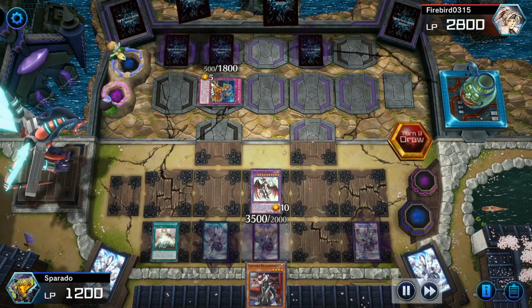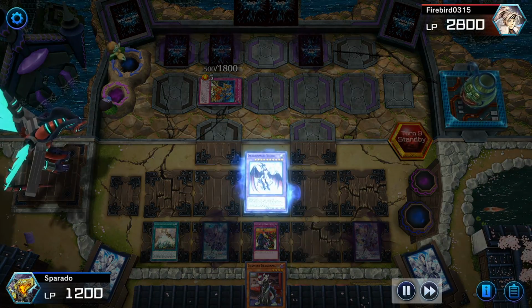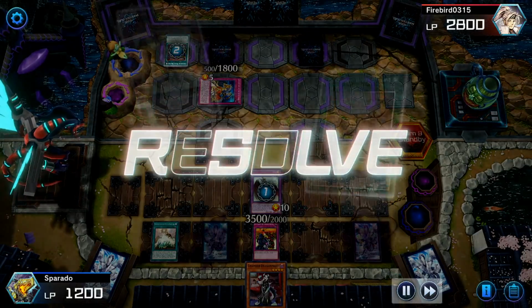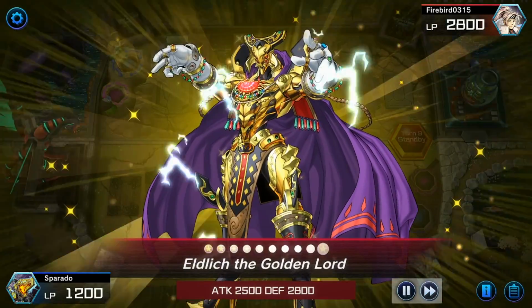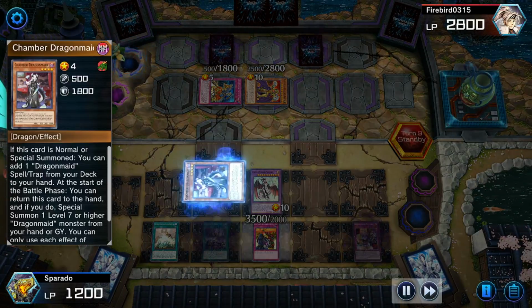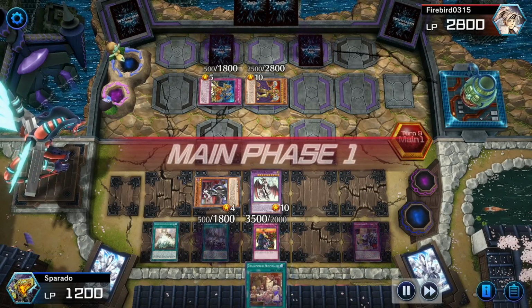I'm going to shotgun the Rivalry, and then I'm going to try and get into my Xiao. Xiao's going to special summon a Dragonmaid from grave. He's going to chain White Destiny for whatever reason. I'm going to get my... I forget what I get here. He's going to get Golden Lord, of course. And then I am going to get... Let's see. I got my Chamber from the hand. That's what I did. I'm going to search for a follow-up play with Hospitality,